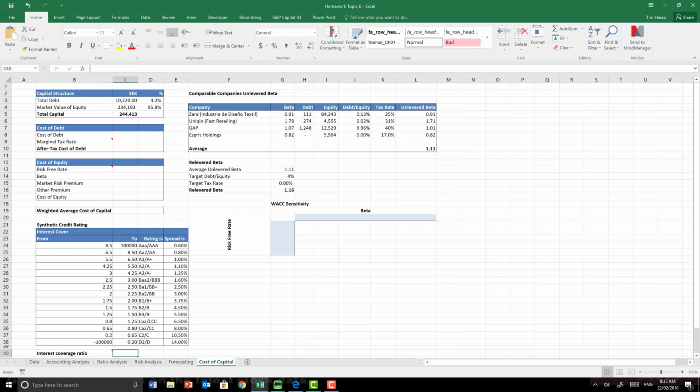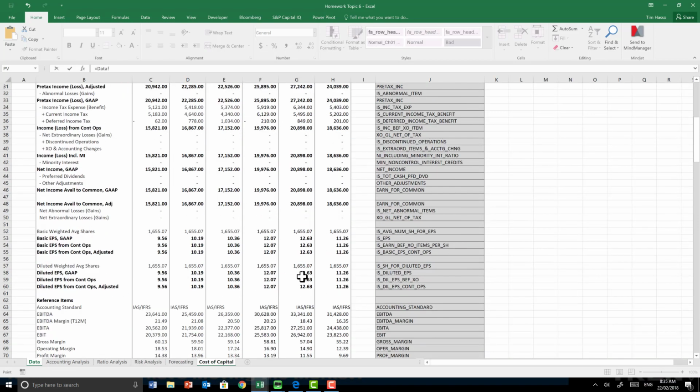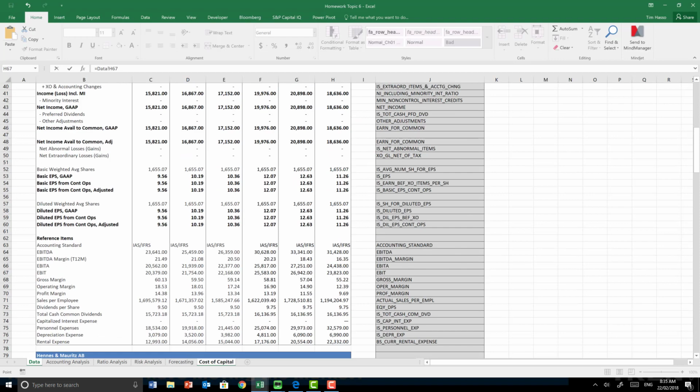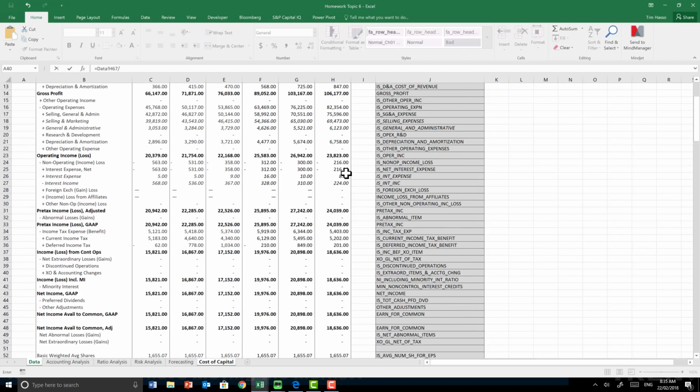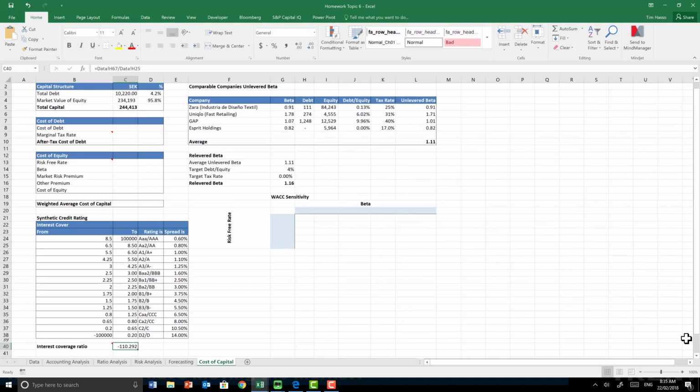So for example, for H&M, in order to figure out what the synthetic rating should be, I might go into the interest coverage ratio and calculate it by taking the EBIT from the data sheet. So I'm going to go down to EBIT in cell H67, and I'm going to divide it by the interest expense. Now in H&M's case, it's actually a bit tricky because H&M actually has interest income. So you're essentially dividing it by a negative, so you're going to get a negative number, which looks like it's